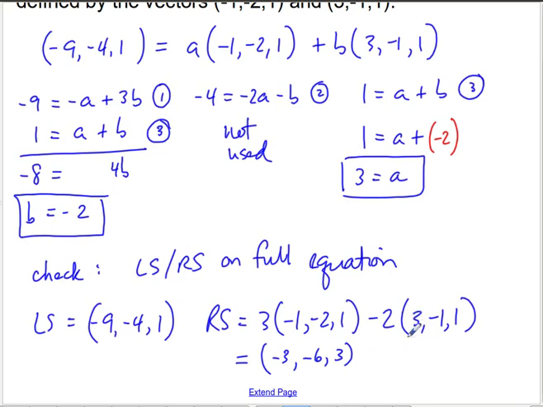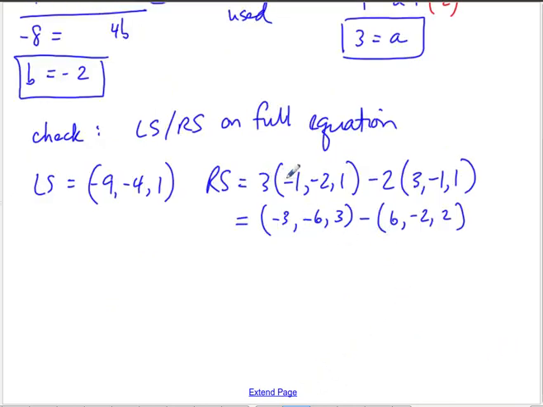And then this one, how you choose to do this is up to you. Whether you keep a minus sign here and just multiply in the 2, or whether you multiply in the -2 and turn this into a plus. I'm going to leave the minus sign, and the 2 times 3 is 6. The 2 times -1 is -2, and the 2 times 1 is 2. You have to be really careful when you're doing this. The other thing you could have done is you actually could have gone straight to this line,